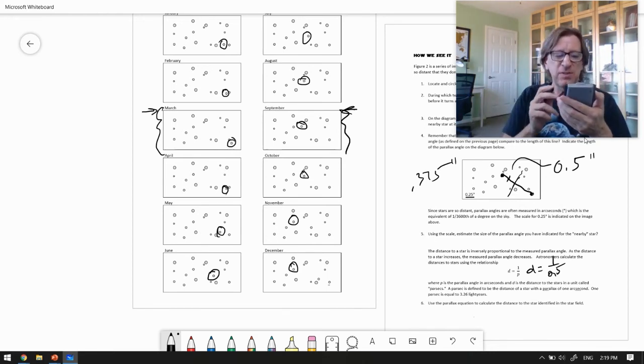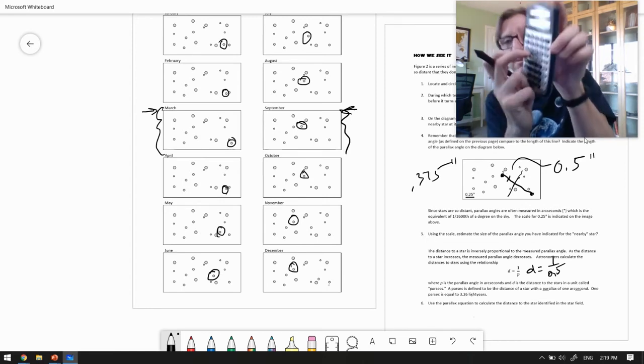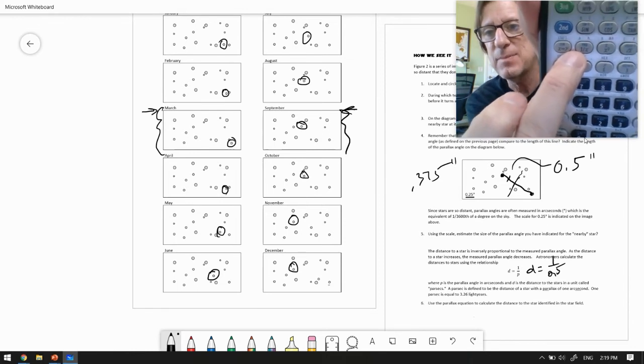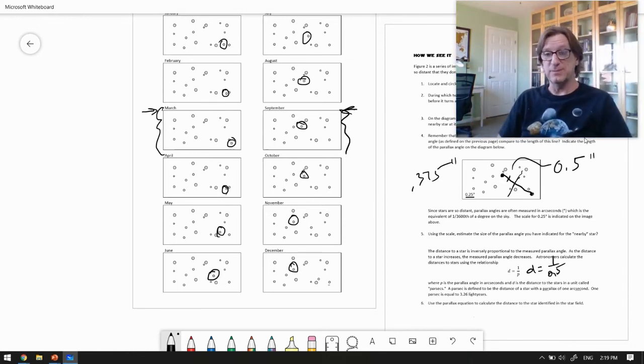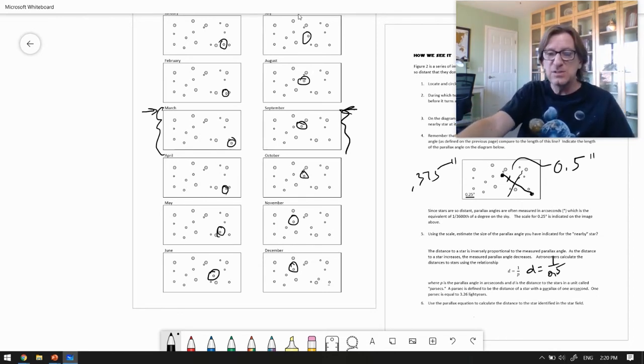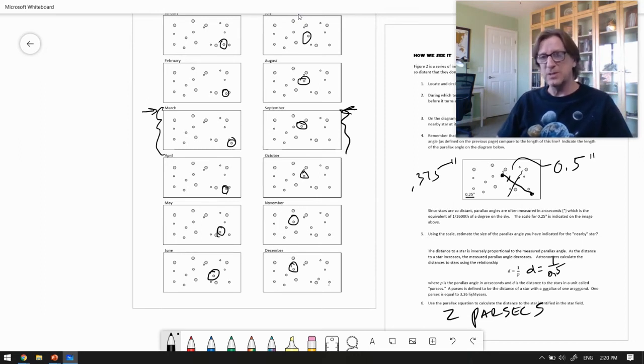The other thing you might look for is on some calculators, and I don't know if I do on this one or not. Yeah, actually on this calculator, I have a 1 over x button. On your calculator, it might be x to the minus 1. You can think of that as being your parallax button. So all I need to do then, I could put in 0.5, hit that 1 button, and look at that, magic. It tells me that it's 2. So this star must be 2 parsecs away. And we're going to talk about where that comes from when we go back to the PowerPoint here in just a second. But a parsec is a unit of distance, not time.